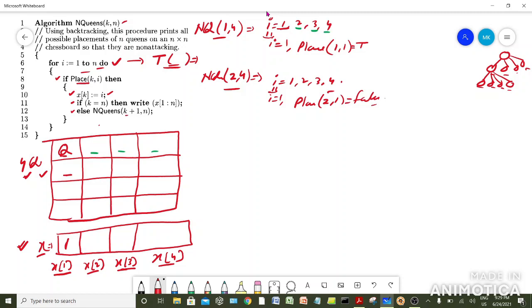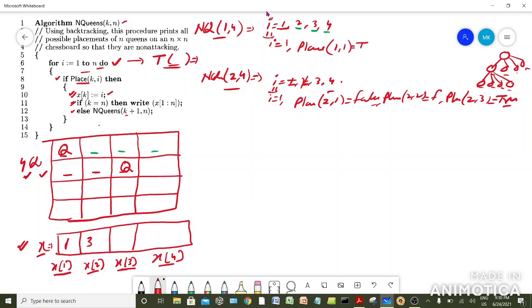Okay, if false is there, it means this is done, this is exhausted. Now we are going to check for place of 2, means this one. Now try to place it, again this is going to return false, so this is also exhausted. Now move to the third one, that is place of 2 and 3, this one. Now this can be occupied by the queen, so place the queen here, because definitely it is going to return as true. Just try to trace the place algorithm, and along with this execute this, means xk is equal to 1, means x of 2 is equal to 3, so place it or fill it this also.